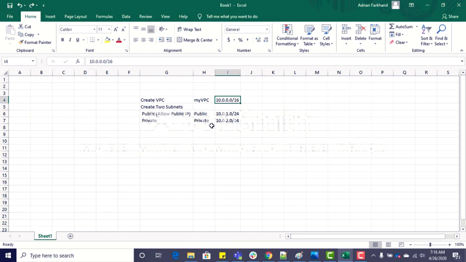For the public subnet we gave the CIDR block 10.0.1.0/24, and for the private subnet 10.0.2.0/24. And we also enabled the auto-assign public IP setting on the public subnet. Now let's move to the